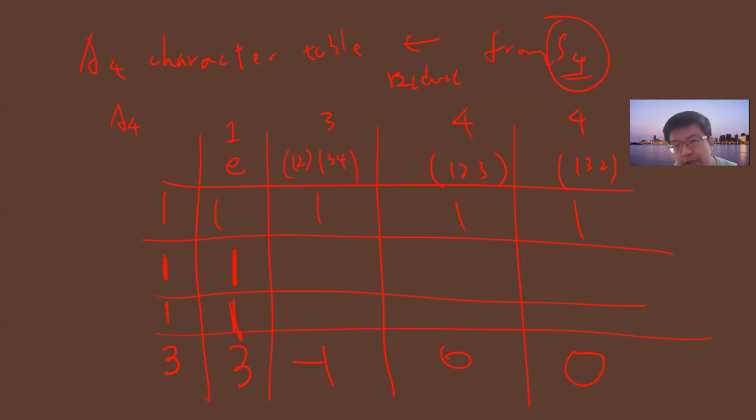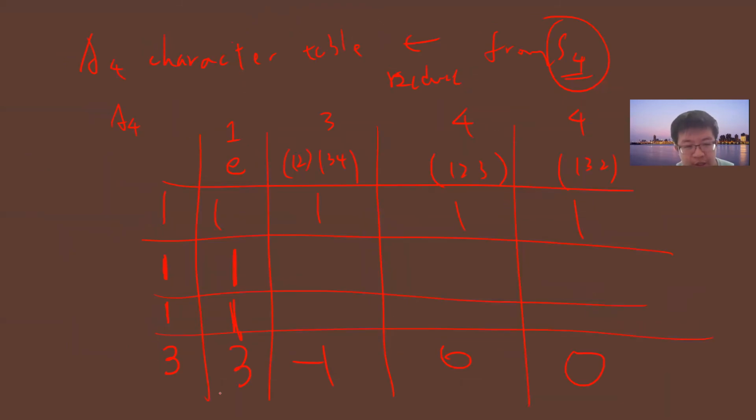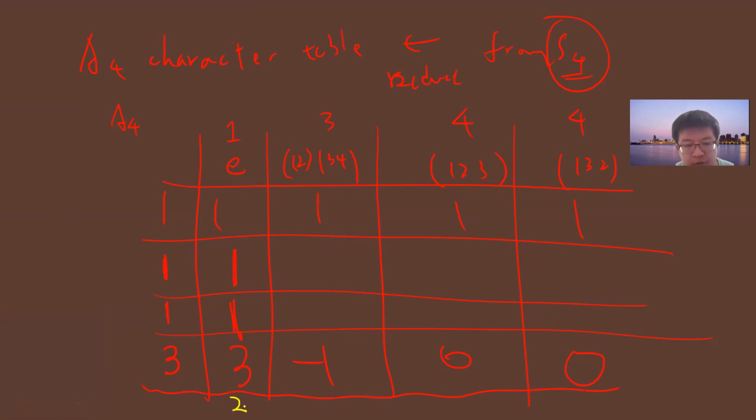Okay, but let's see. So now we already know this guy, right? This guy already gets reduced, we know what way it reduced, right? But how about this? So this guy should also be reduced, right? So this guy should also be reduced, so let's just write down, so this guy should be reduced to 2, and